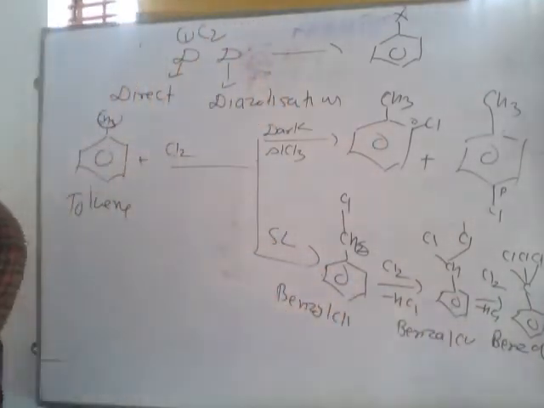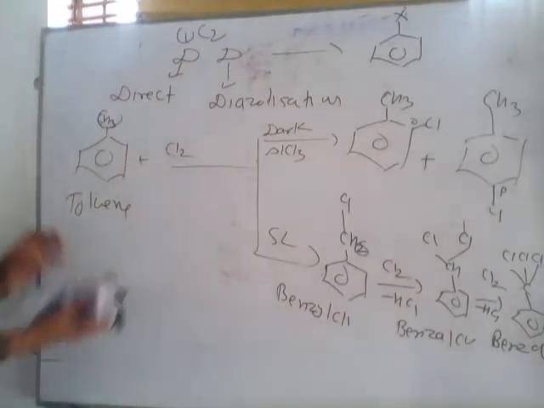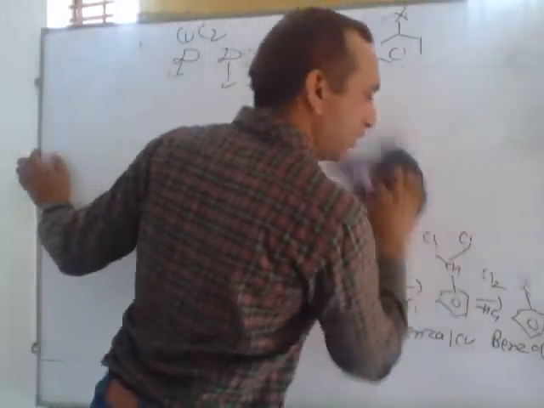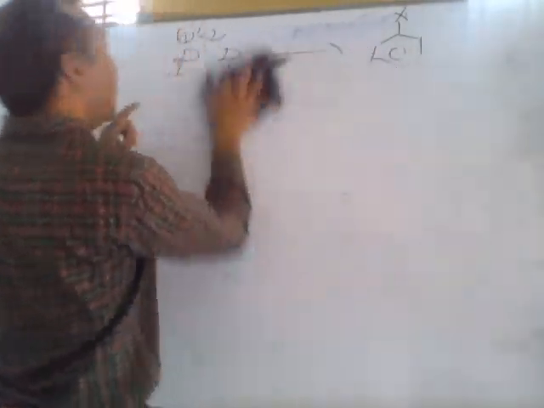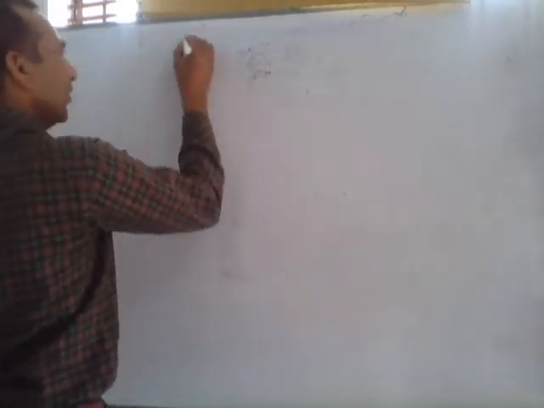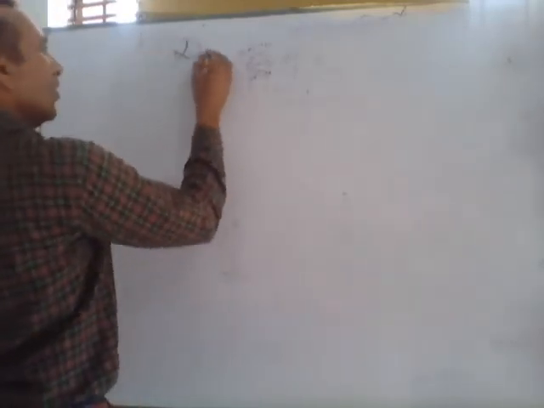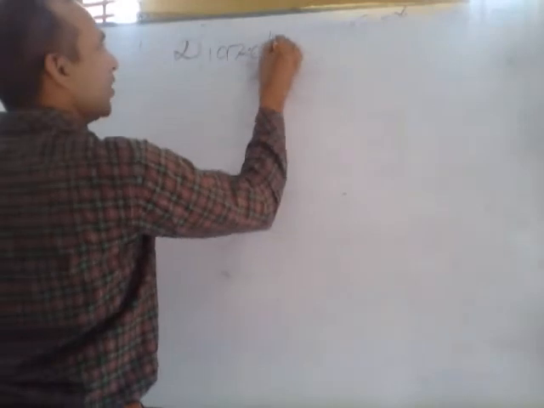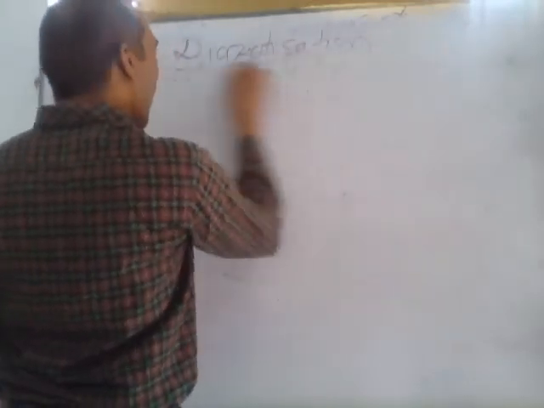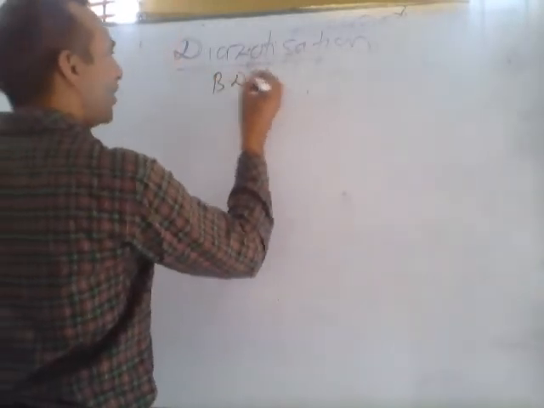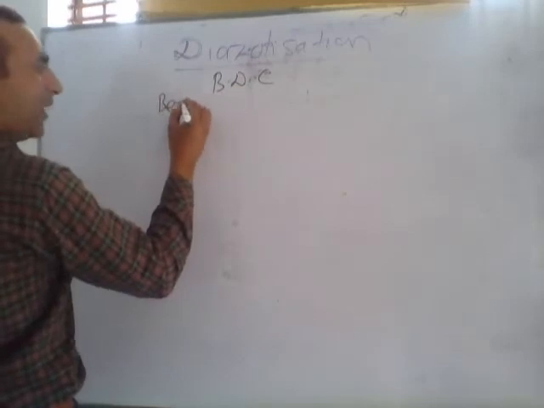So these are direct halogenation reactions of benzene and toluene. The last is diazotization. The meaning of diazotization. Diazotization. Very important question. In diazotization, a compound is formed that is BDC. The full form of BDC is benzene